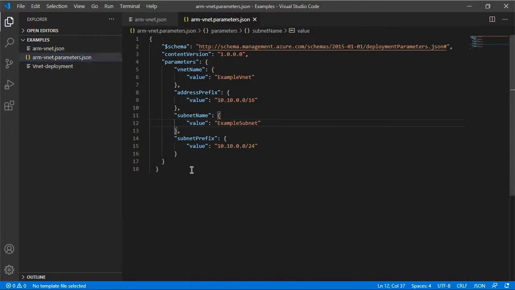Moving over to the templates file, again, you can see it is in a JSON format. This one's much more concise. We essentially have one parameter block, and underneath that parameter block, we've got the Vnet name, address prefix, and so forth. So essentially, we've got all of our parameter names, and then we've got the value for those